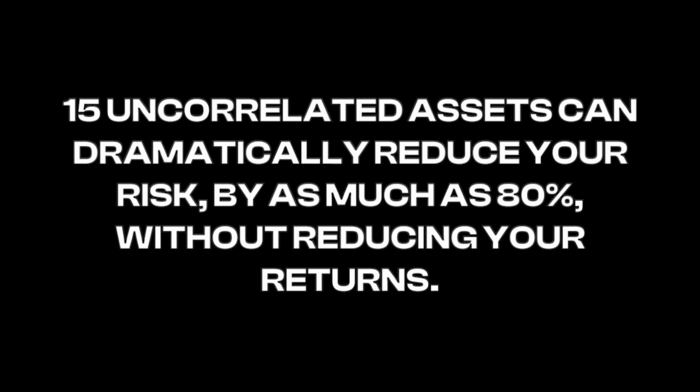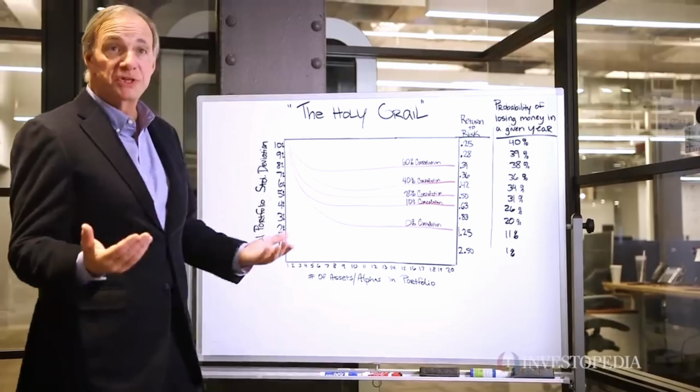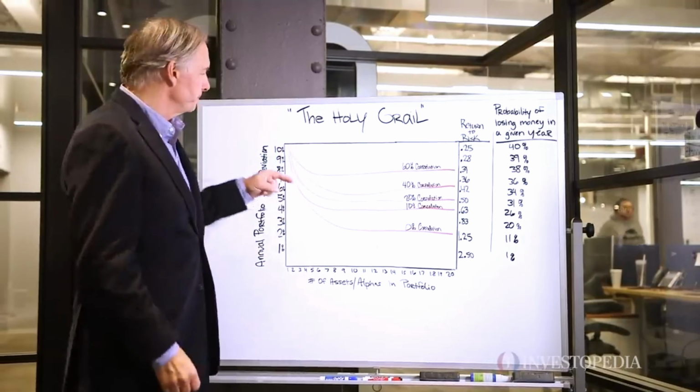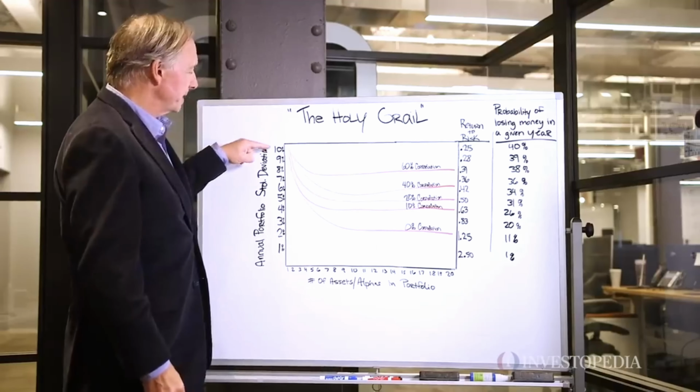So, just to give that as an example, the holy grail of investing, and you don't have to do it. It could be 5, it could be 10, it could be 15, but you will cut your risk in half, or if you get out at 10 or 15, you will cut it by 80% without reducing your returns. So to use an example, let's assume, to make it simple, you have a return